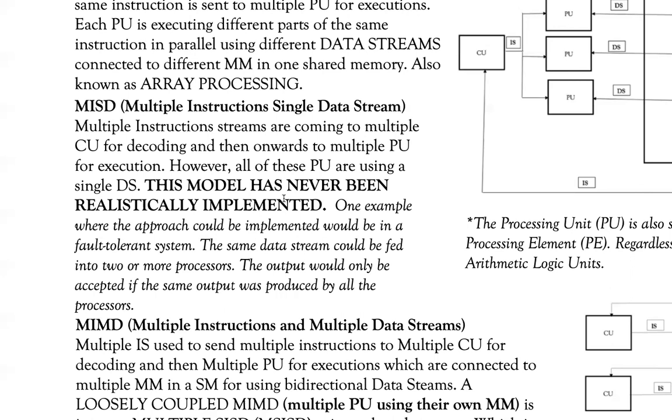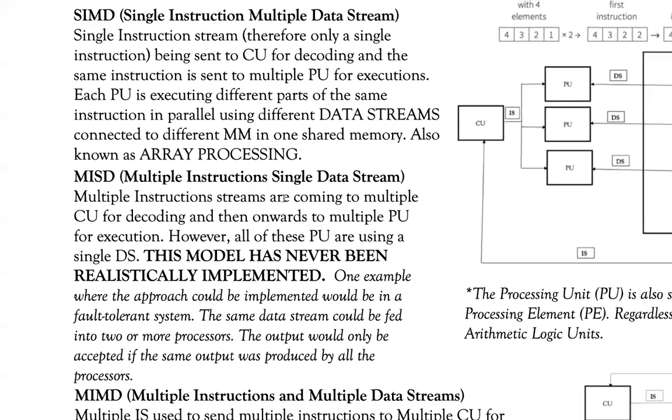Basically, what happens is that the same data will be supplied to different processors. And let's just say those processors are executing the same instruction as well. Not the same instruction stream, but just for example, they're executing the same instruction. Now, what that does is that different processors run the same instruction on the same data set. A result produced by a processor will only be considered if most of the processors produced the same result.